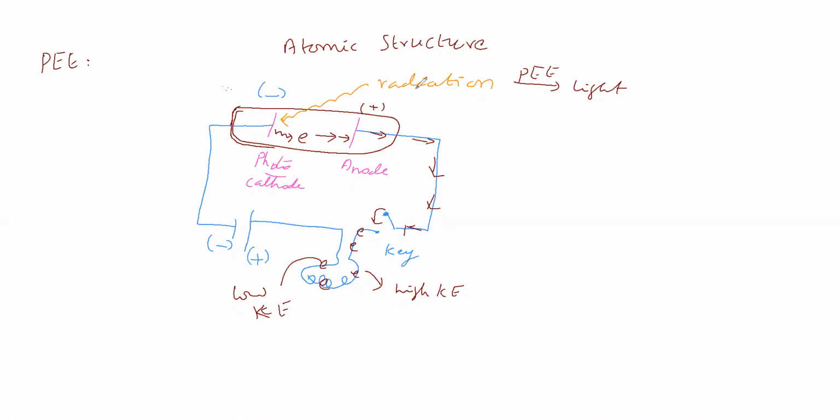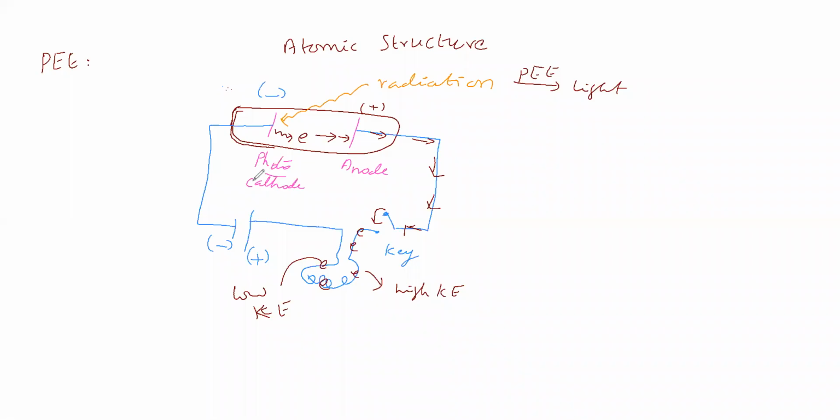Sir, how is this radiation converting into electrical energy? In this radiation, part of the energy is utilized by the electron for breaking the attraction between nucleus and electron. Then the electron comes out, carries the rest of the energy of the radiation and goes to the anode, passing through the wire, passing through the key and going to the bulb. In the bulb, the kinetic energy is converted into light energy, then becoming low kinetic energy and reaching this place. If the electron comes to this place, then only we can say photoelectric effect is possible. That we have to say.